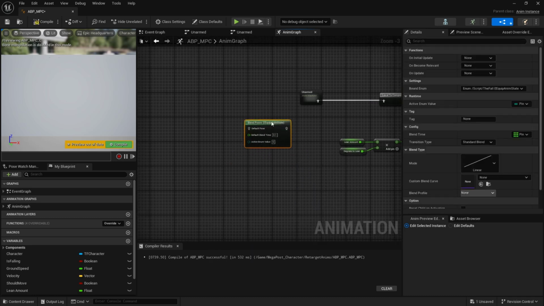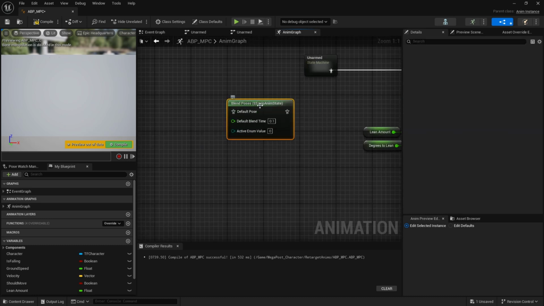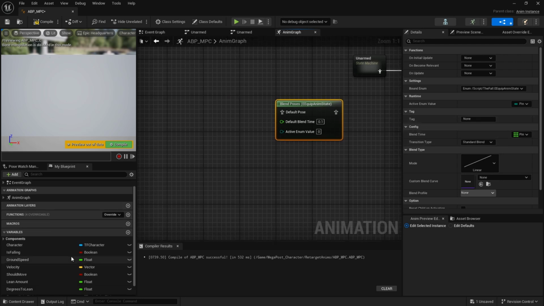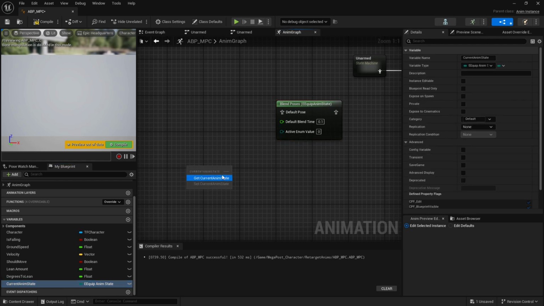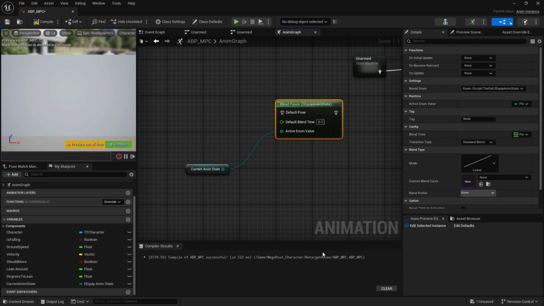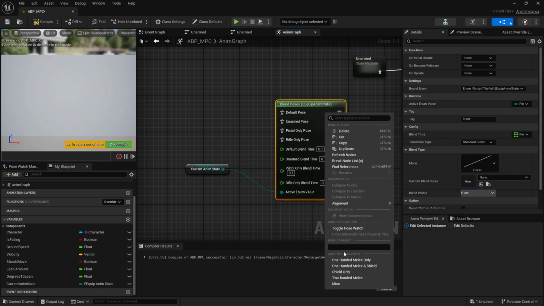Now, this node itself initially, and this is what threw me off, there's nothing really much in here. And I wasn't quite sure how I wanted to do this. Well, then I was like, okay, we've got our current anim state, I'll grab that, plug that in here. Okay, well, not sure. The issue is you need to right click, and you can see we have all of our different enum related pins down here. So if we go through and add these all in,